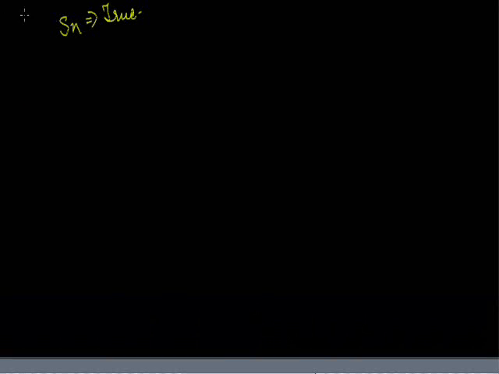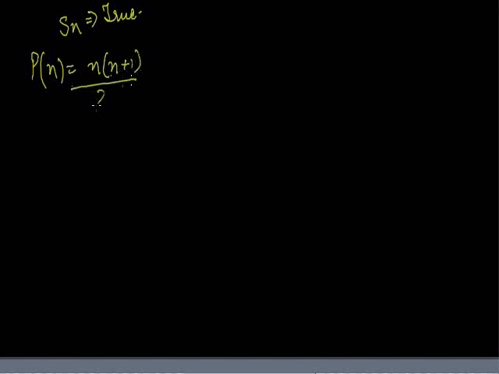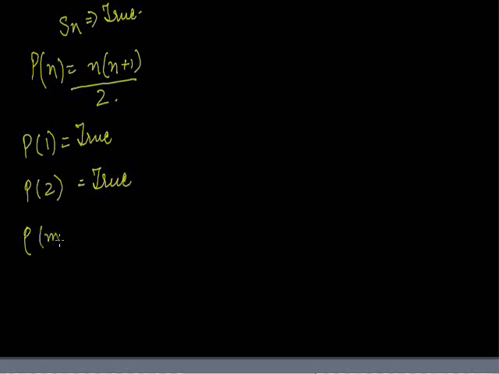So over here, suppose you are given the statement Pn is equal to the sum, like what we have used, n into n plus 1 by 2. What we will prove is, first P1 is true, then we will prove that P2 is true, and then we will say that Pm is true, and using that Pm is true,